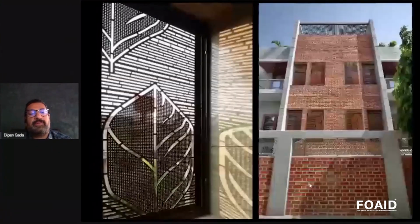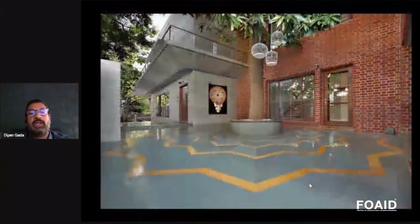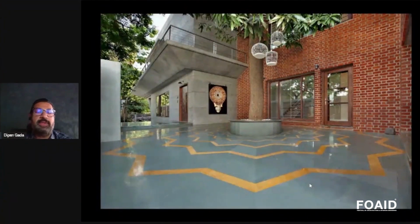And this is the backside of the house where the combination of brick and concrete has also been carried forward. This is one of the areas which I wanted to talk about, because this is an informal family room. It is informal because this mango tree is residing in the north, and practically you can see how